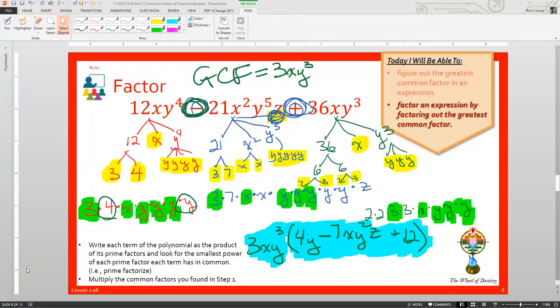Okay, so we have really done some great work with factoring polynomials, finding the greatest common factor of a polynomial. I think we found that it's actually kind of easier than working with just plain old numbers because you really don't have to remember as many factor pairs. We've got a couple more examples to look at,